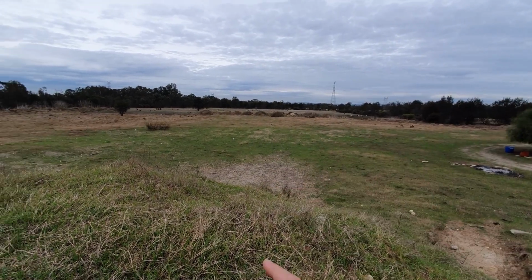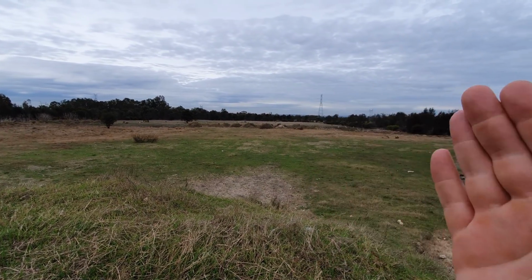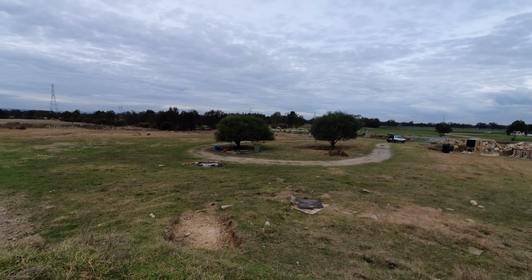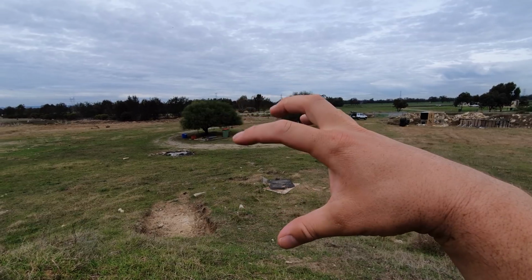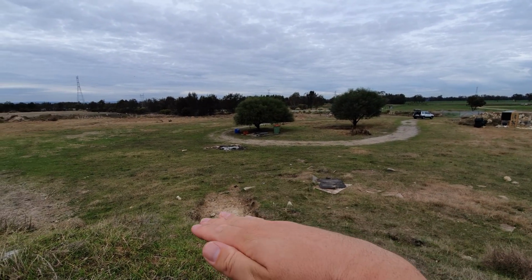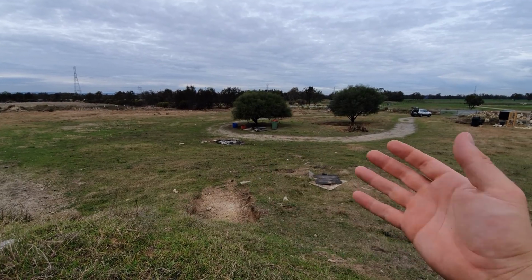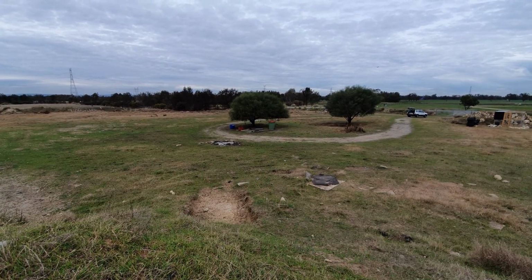It's about 170 meters wide and about 470 long, so it gives us 20 acres, so we've got plenty of room. But I want to keep everything up on this top section because this has been built up, so that there's no potential for flooding or anything like that. So